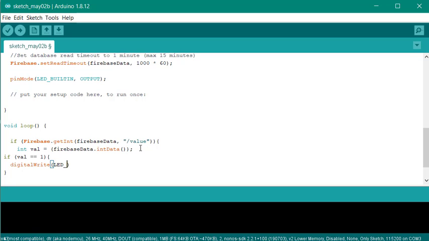In my case, I am using LED built-in, so we don't need to attach any kind of pin setup. So just write LED built-in, comma, and it will be low, because LED built-in comes with some function, that is the low version. Whenever you use your own setup and own pin, then it could be high. Okay, so now let's print this status on our serial monitor, that is LED is on.